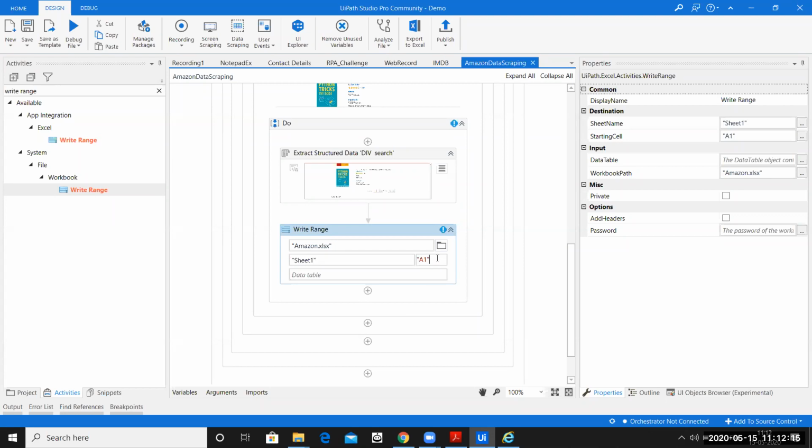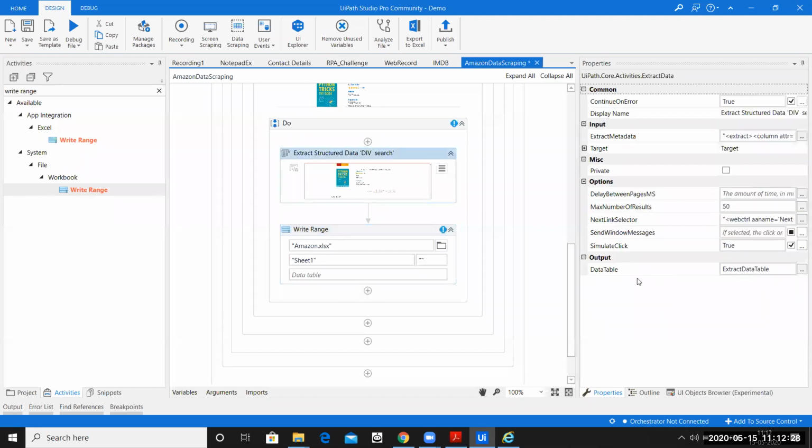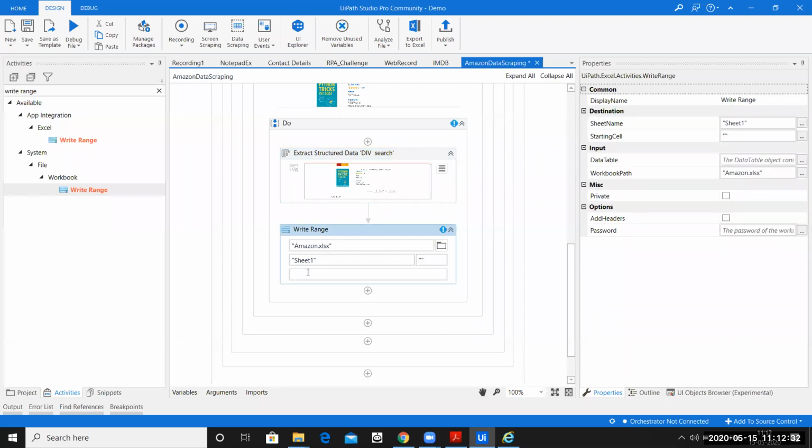And where do you want to store your data? I'm not sure how much data I'm going to scrape, so I'll just say double quotes, which means use the entire worksheet and save the data. And then the data table, that is the variable name. So what is the variable name? ExtractDataTable. So I'll pass the same variable over here.